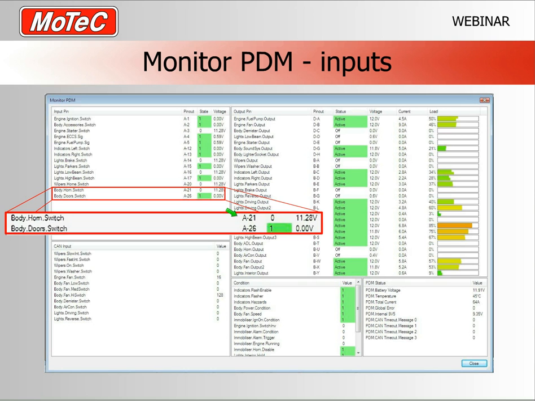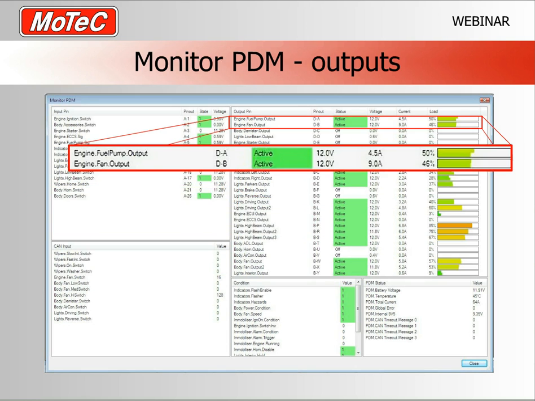We can see its logical state, and we can also see the actual voltage on the pin. So clearly this is a very powerful way of seeing what's happening on the device at any time. Okay, so the other thing we of course want to look at is the outputs, and here we can see